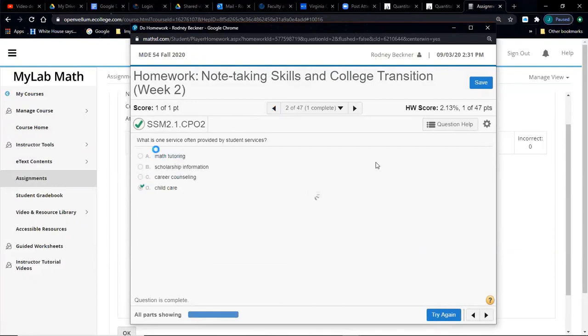Anyways, all 4 of these might have seemed like good, solid options. Math tutoring, that sounds like it might be part of student services. Scholarship information, career counseling, but no, they're not actually in that department. Is that critical for you to know to make straight A's? No. Is it something that might help you know how to locate other materials and sources of things? Yeah, possibly.